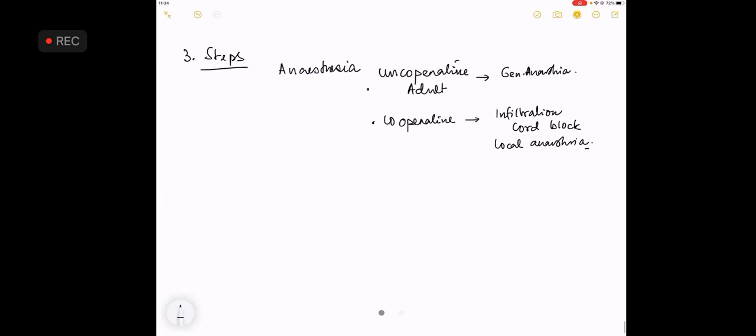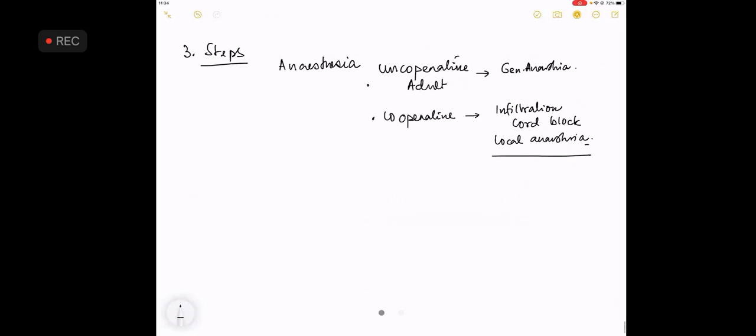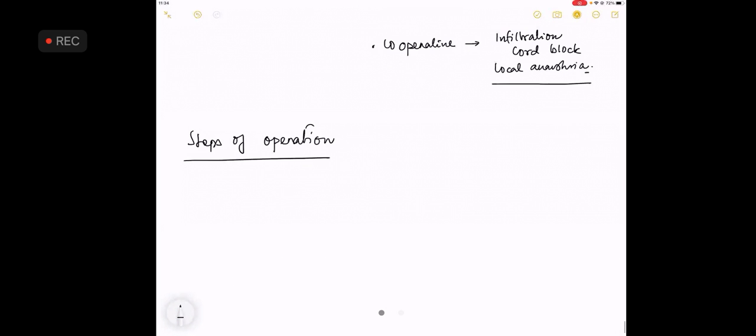Completed? Yes, sir. Right. So these are the major things. Now, what are the major steps of an operation? The steps of the operation are: step 1, antiseptic